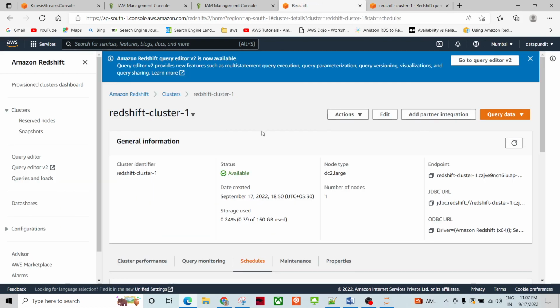So finally, you can remove all those resources, right? So that's all for the day. So we have learned how data